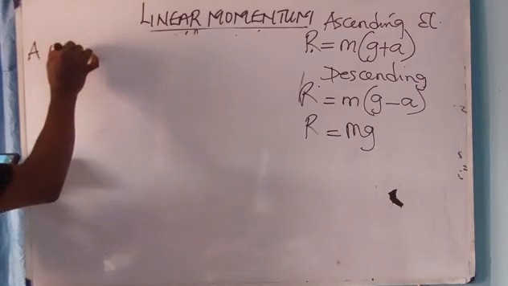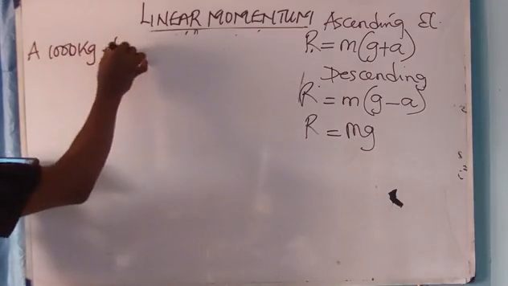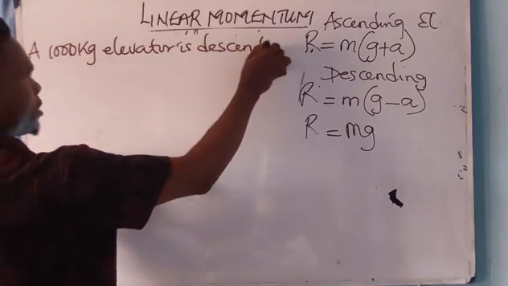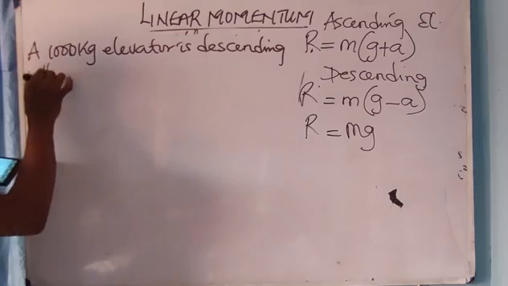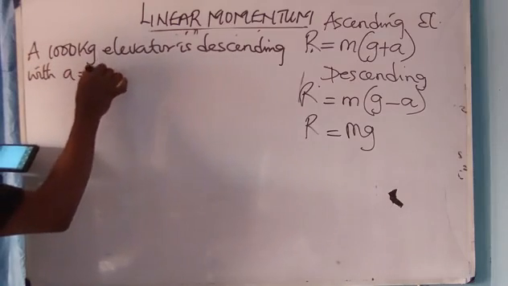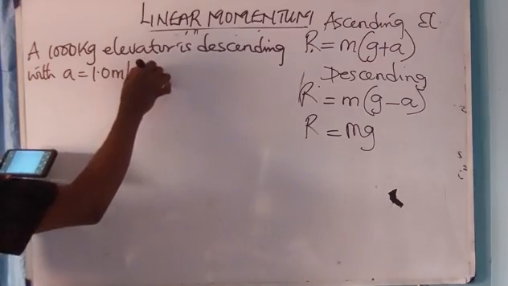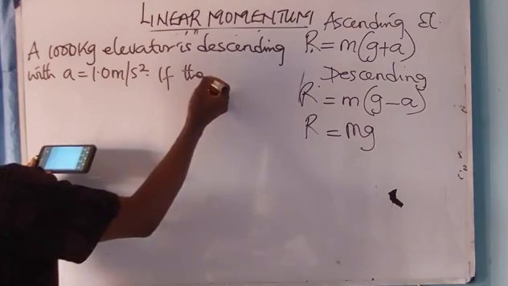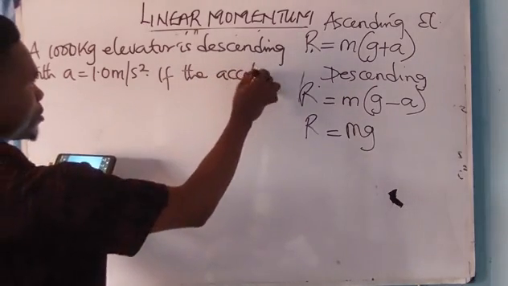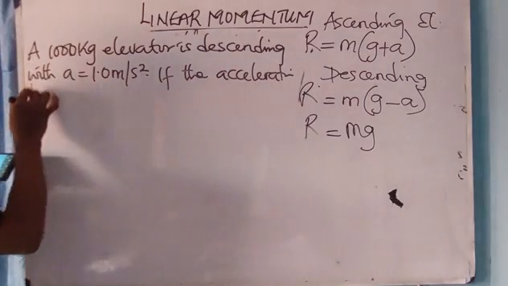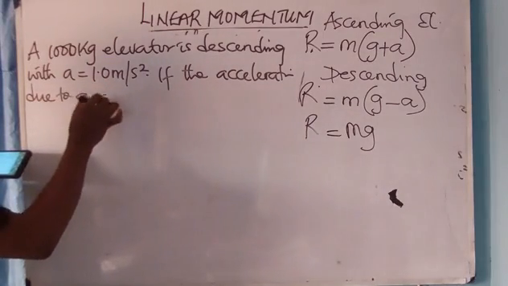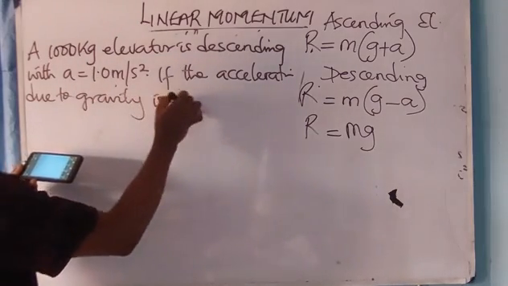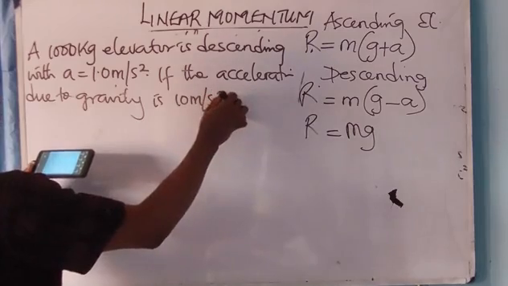A 1000 kilogram elevator is descending with acceleration of 1.0 meter per second squared. If the acceleration due to gravity is 10 meter per second squared,